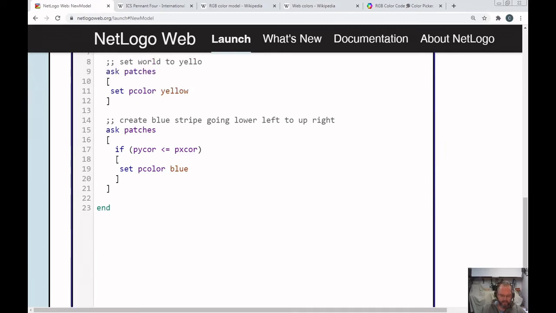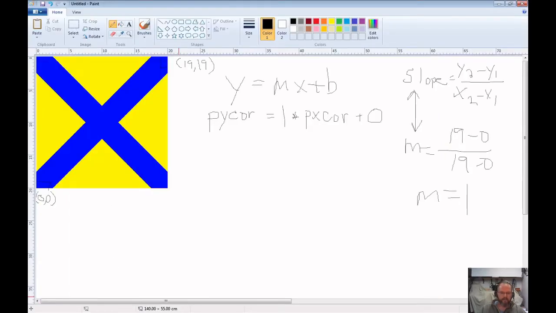Now I'm going to go back to my drawing, and here's what I want to pay attention to. I'm thinking if this right here is 0 and from here to here is 19, so if this first patch is 0, this second patch is 1. I'm using those little tick marks on the side. So this is 0, 1, 2, 3. This is 4. So I'm going to say if it's less than 5, then I want it